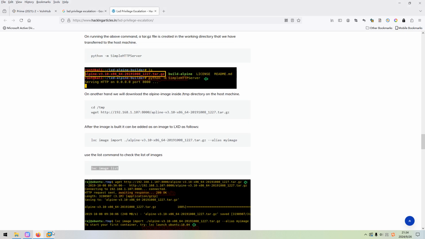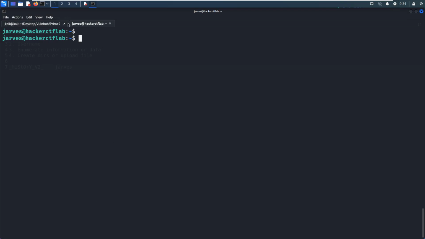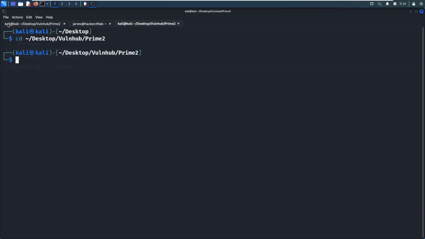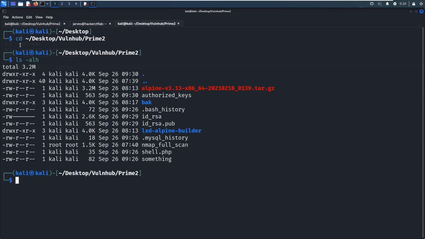So let's go back, maybe we can open up a new tab and make it bigger. This is what I downloaded from the GitHub, and we can copy this image from this directory.